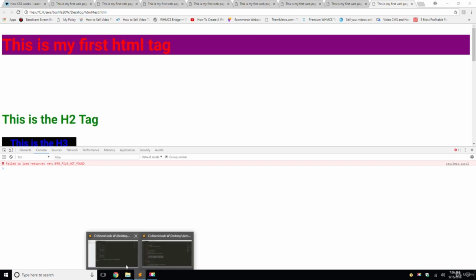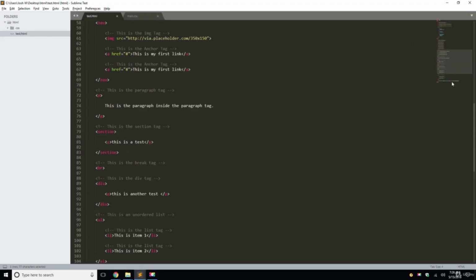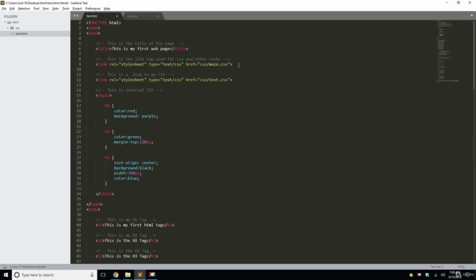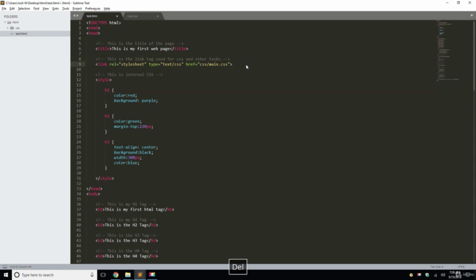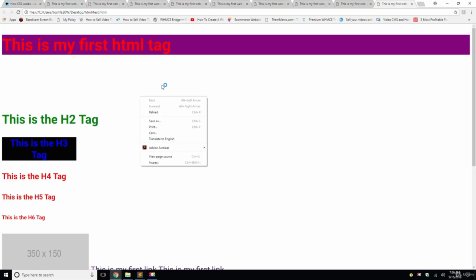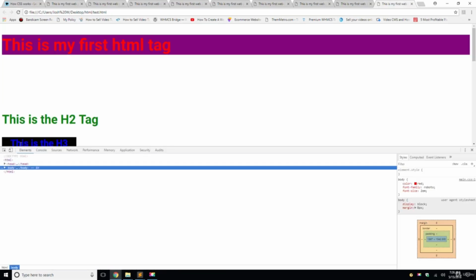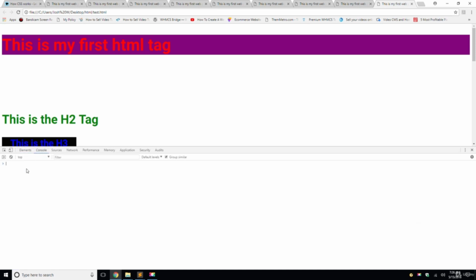So let's delete that from our file here, and I'm going to show you what it's going to do in a second. Okay, so right here, let's go right up. We're going to left click and drag up to there, hit delete, and Control S. We'll right click, open in the browser, right click, inspect, and go to console, and now there's